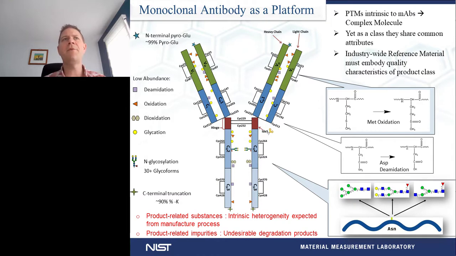So these are meant to represent various low abundance post-translational modifications. On the right-hand side, I have a couple of different post-translational modifications. For example, methionine oxidation, where the sulfur of this individual amino acid can get oxidized. We have asparagine deamidation, where the NH2 group can actually be changed to an OH group. So we're going from an asparagine to an aspartic acid. And then very importantly, we have glycosylation. In the bottom right-hand corner, you can see this polypeptide chain with the asparagine highlighted. And I have 3 different glycans highlighted here.